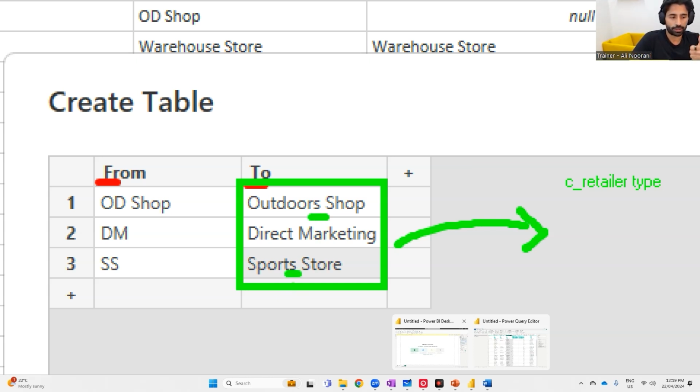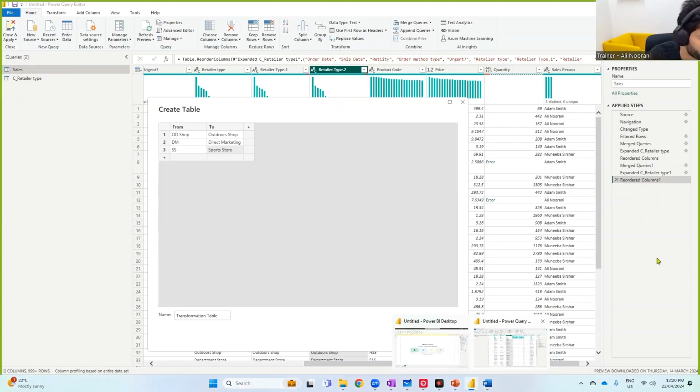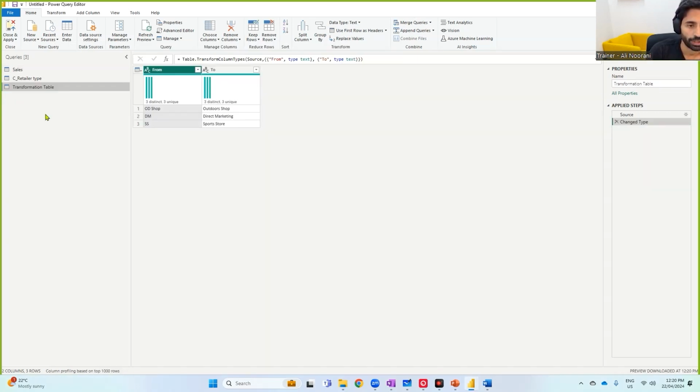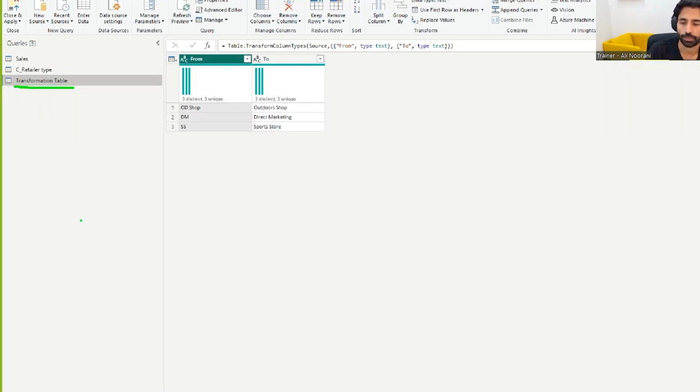Okay, so just giving you a few areas where people tend to make mistakes. Click OK. Right, so you have this transformation table that appears here. Just give me a thumbs up if all is well, and we'll see how I can introduce this transformation table